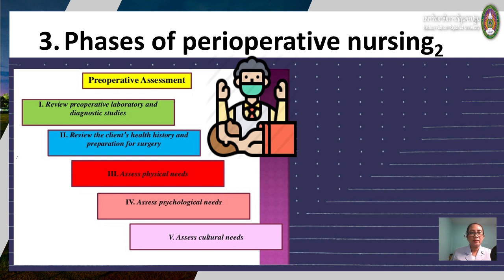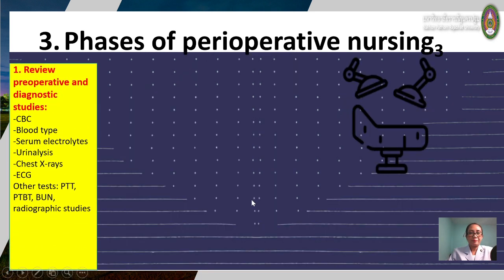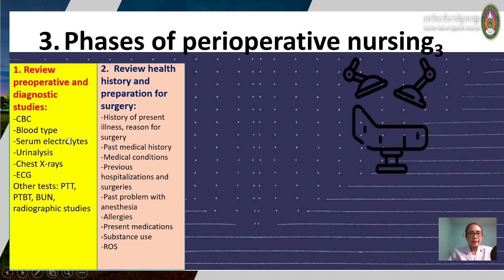In the perioperative assessment: review pre-operative laboratory and diagnostic studies, review the client's health and preparation for surgery, assess physical needs, assess psychological needs, assess cultural needs. So, review pre-operative and diagnostic studies. This includes laboratory tests. Certain laboratory tests and diagnostics are being performed. In reviewing the health history and preparation for surgery,